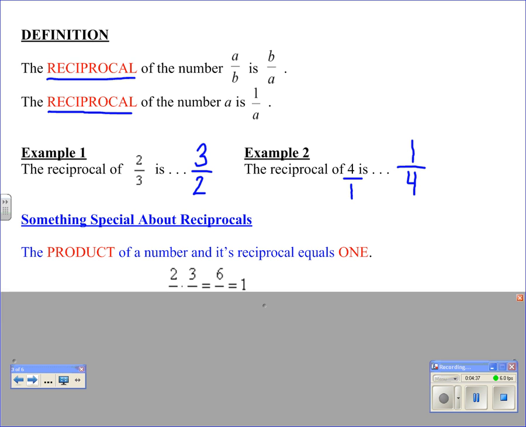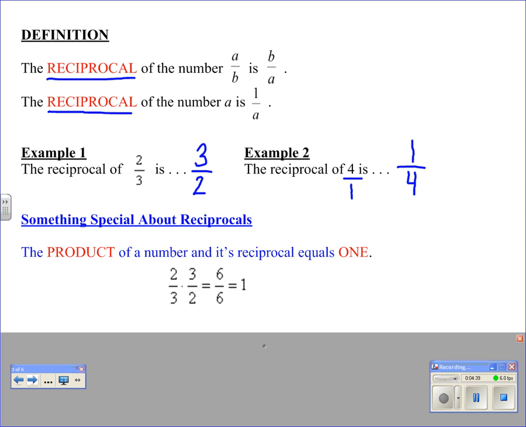Something special to know about reciprocals is that the product of a number and its reciprocal equals 1. For example, 2/3 times 3/2, you take 2 times 3, you get 6. 3 times 2, you get 6, and 6 over 6 is 1. You need to understand what a reciprocal is to be able to divide fractions. Now that we know that,